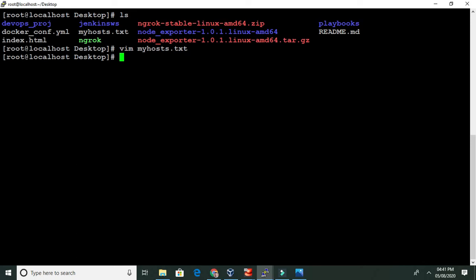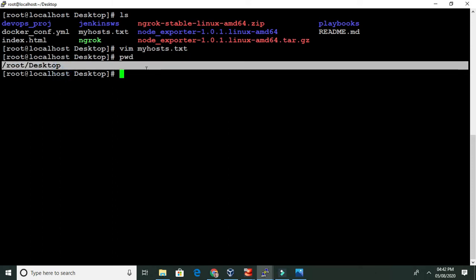Now whenever Ansible runs any command, it will first search for the inventory. So first of all it goes to the configuration file. If the configuration file is not configured, how can Ansible know where the inventory is? So in the configuration file we have to write the location of this inventory.